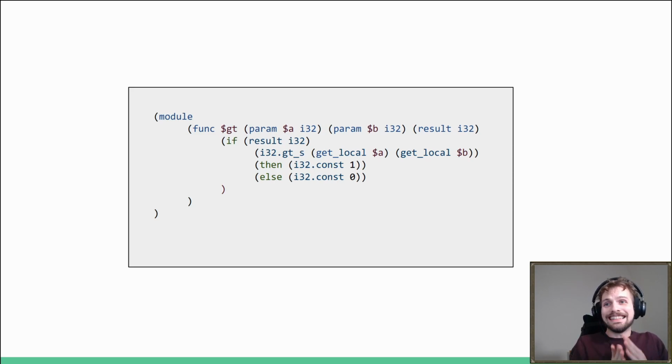Both of them need to have the same effect on the stack. If the if branch produces a value to the stack, the else branch has to produce a value too. And so that's what's being specified here. Both branches have to produce one result value of type i32 on the stack. That's the type of this if statement.